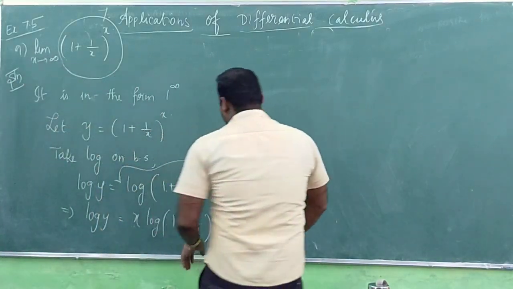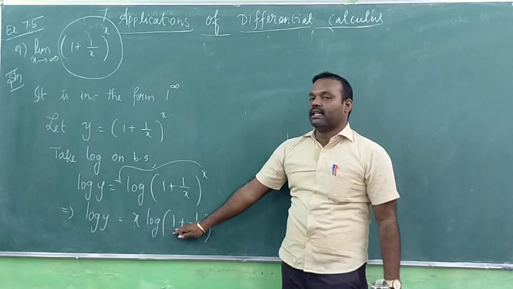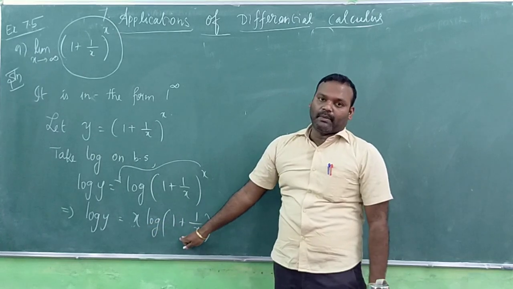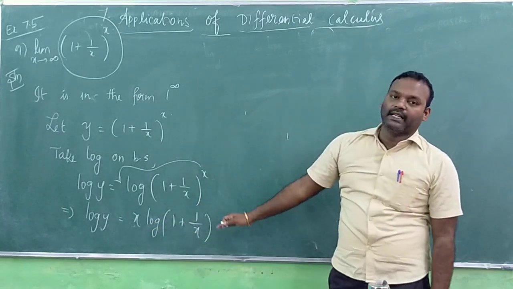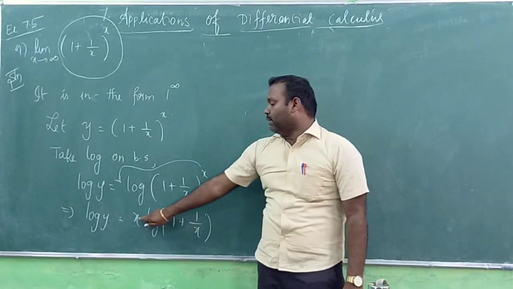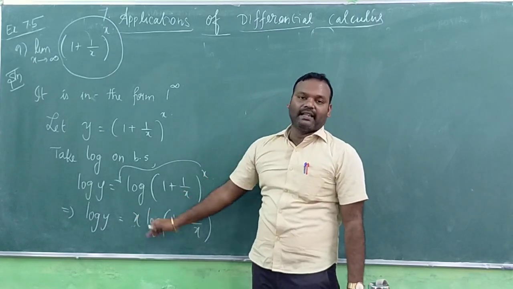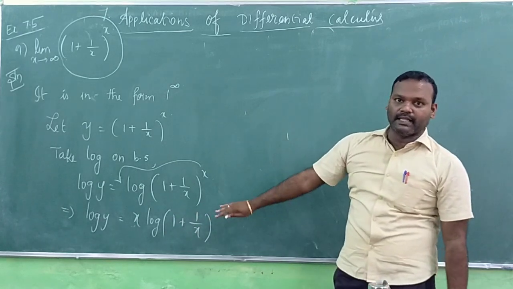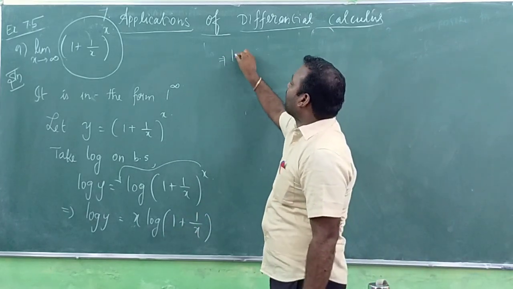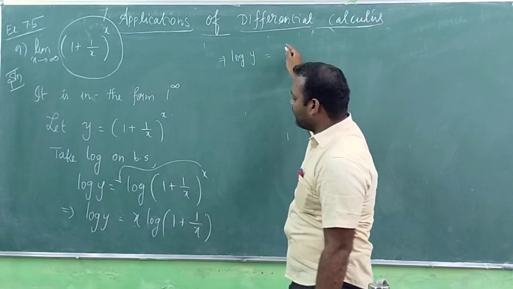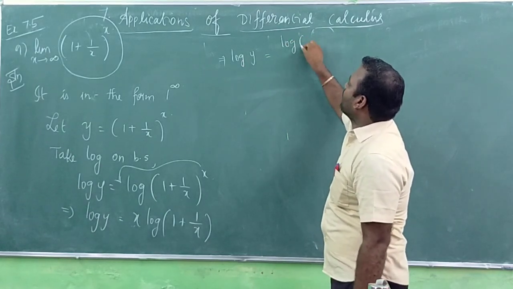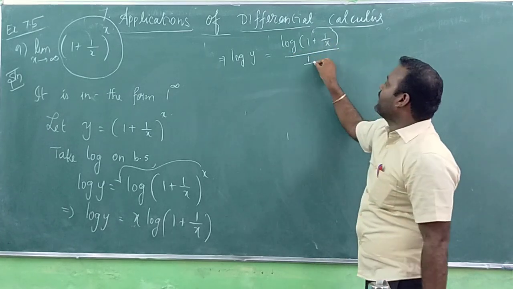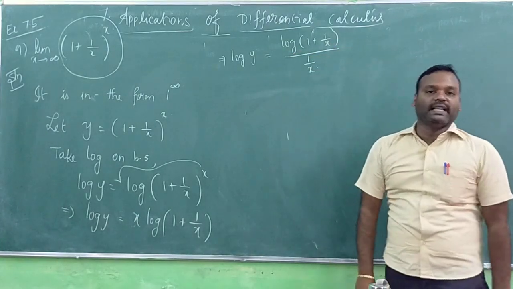So what is in the next step means you should have a numerator and a denominator, but here you are not having in that format, so you have to bring a denominator. What we can do is we can rewrite this x as 1 by x in the denominator, so that we can get numerator and the denominator. So we are having that log y is equal to, for the numerator you can keep log of (1 plus 1 by x) as such and rewrite the x as 1 by x.